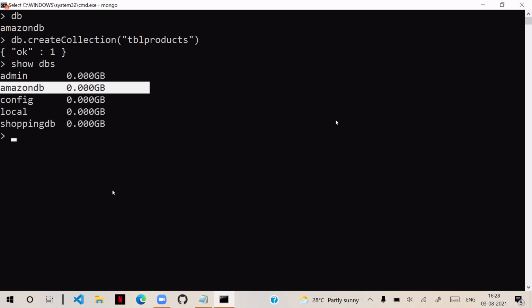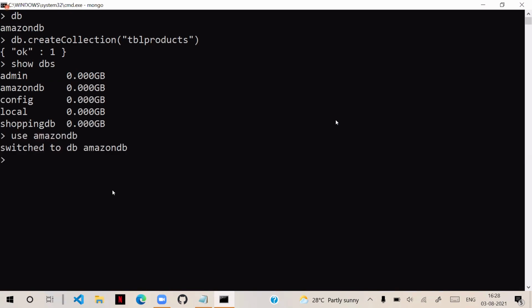To remove the database, first, whichever database you want to remove, you have to use that database. Make sure you use AmazonDB. After that, check once with db, that is the database. Then db.dropDatabase.